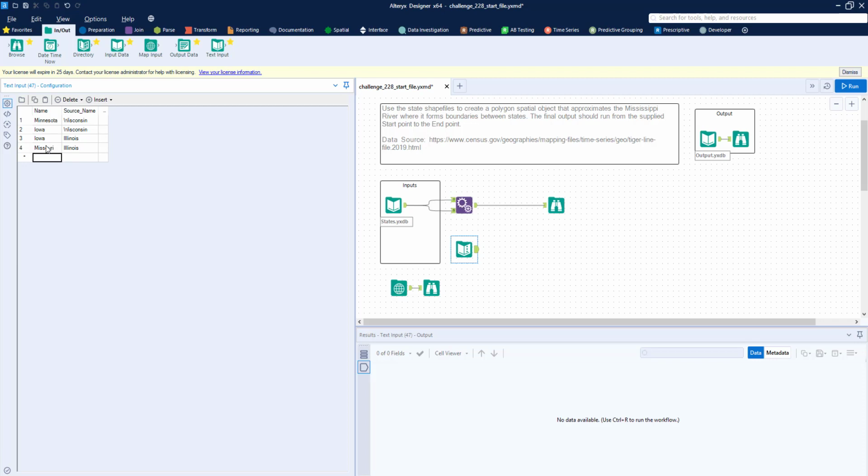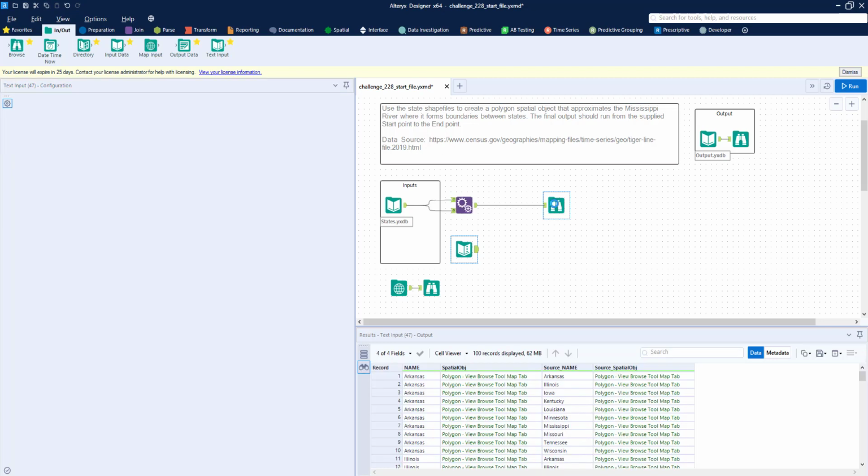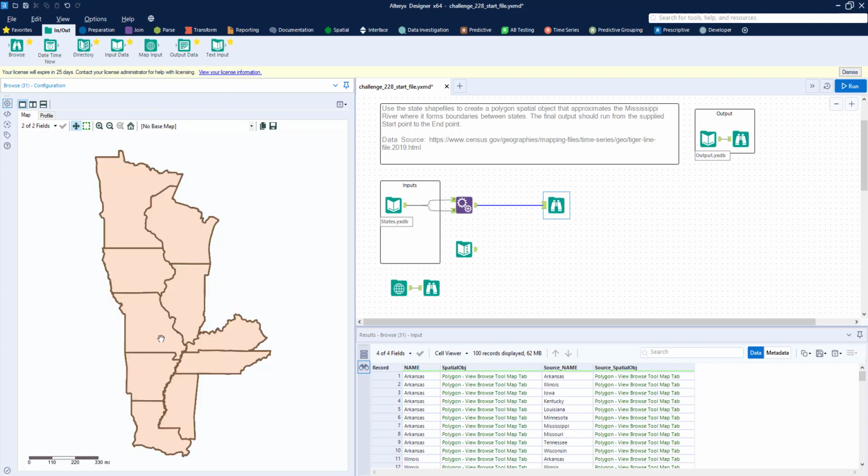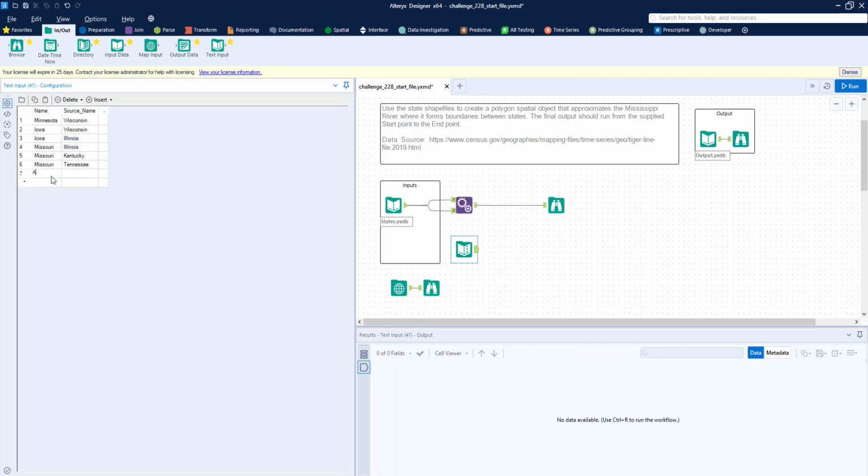And do make sure you spell these right, because what we're going to do in a minute won't work if you have any typos. Okay, so there's our Missouri connections. Then we've got Arkansas bordering Tennessee, Arkansas bordering Mississippi. And finally we have